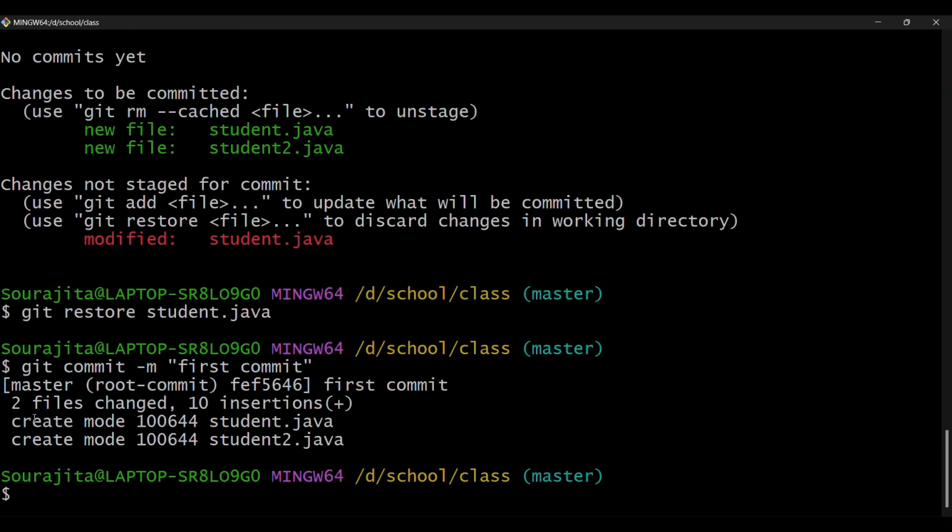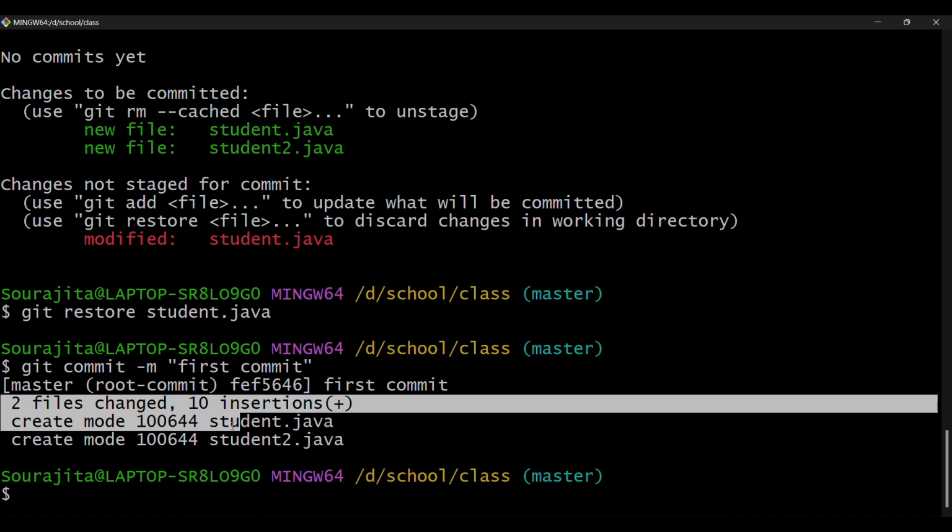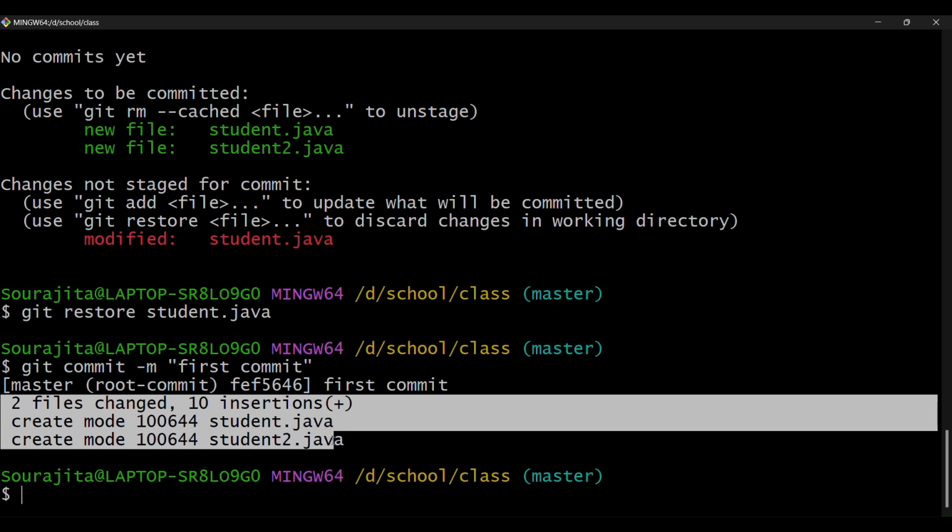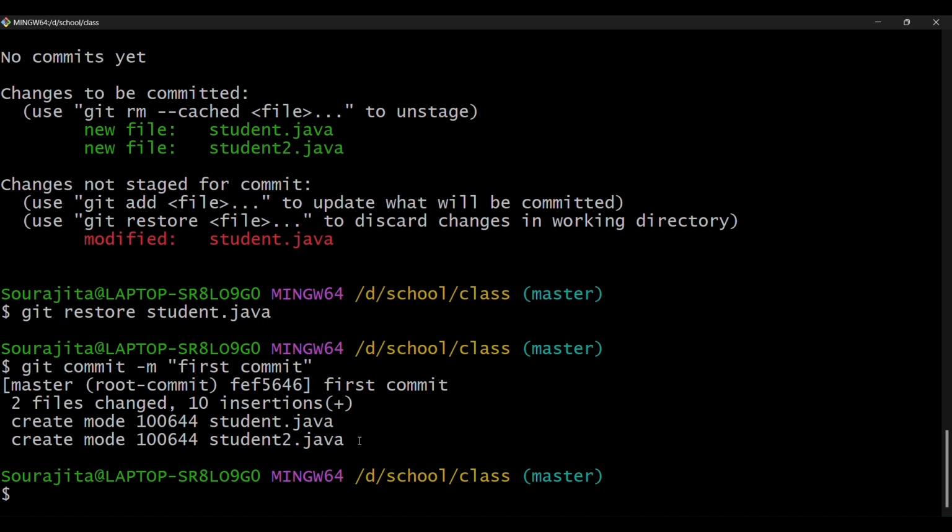So now what you're gonna see, two files changed. Two files had been sent from the staging area to the local repository. Two files have already been committed. Okay. Now what we need to do, if you remember the previous architecture, what the things were done here, from